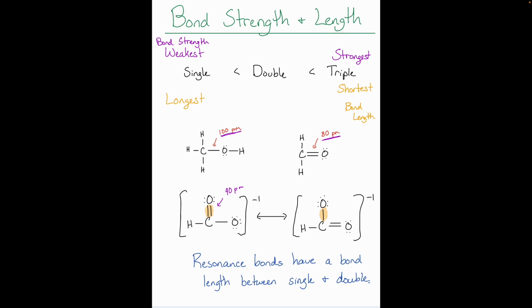Okay? Cool. So single bonds are the longest, double bonds in the middle, triple bonds are the shortest. And then if we have these resonance bonds, they're going to be that intermediate. They're going to be between the two, right? Cool. All right. So that is